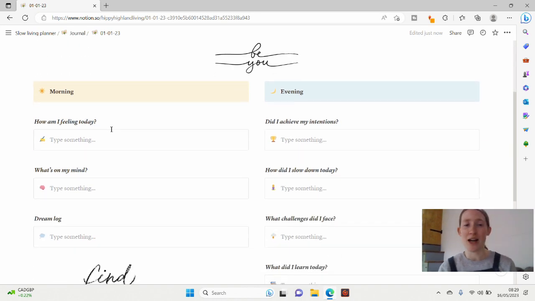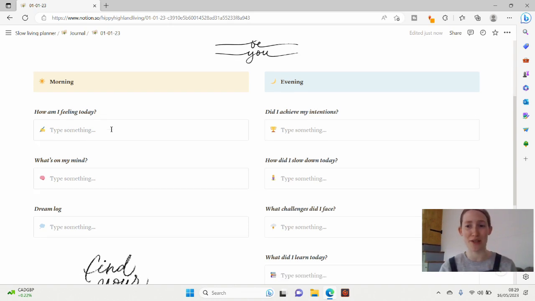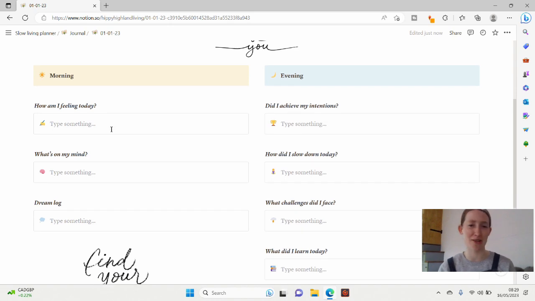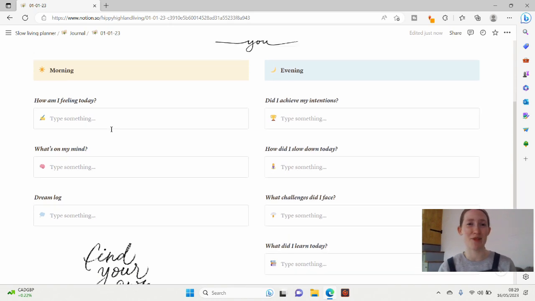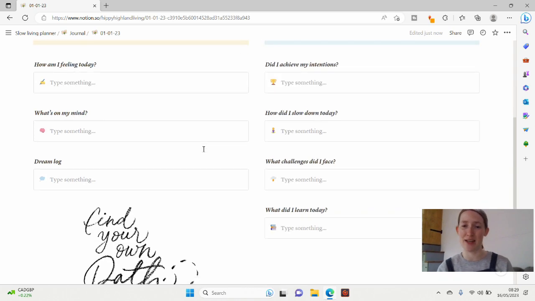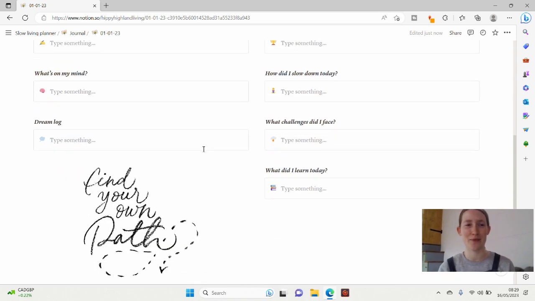So again, I've added in some questions here. I know some of us like to journal on paper. I prefer a mix. Sometimes I like to do it digitally, particularly if I want to store it and look back at it. So maybe if it's a day that I think would be really useful, particularly as a writer, to look back on. Notion is fantastic in storing things and making everything really accessible. So sometimes I like to journal digitally, and again, you can change all of these prompts, but these are some suggestions, and I've split it into morning and evening because that's the way I like to journal.